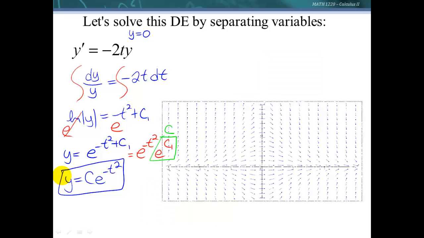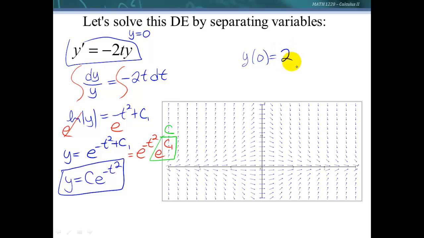Now let's just look here. Here is the slope field or direction field for this differential equation, and we can see the solutions in that. And this would be to express all of those solutions. And then we could choose an initial value. If I said that y of 0 equals 2,